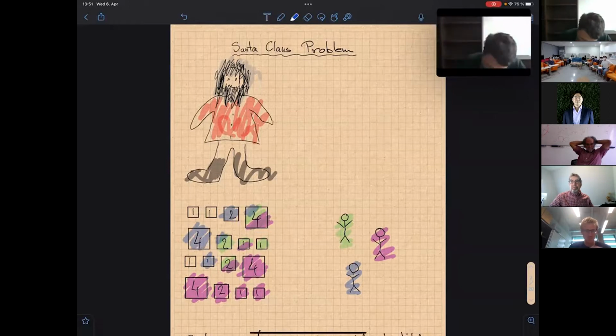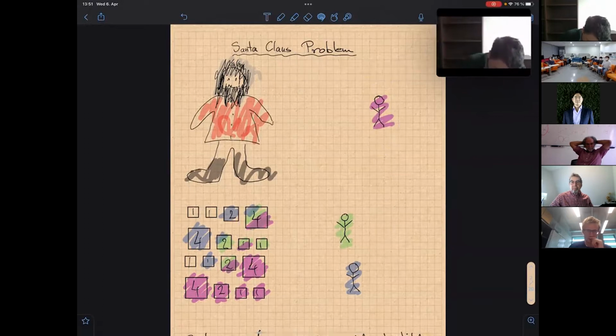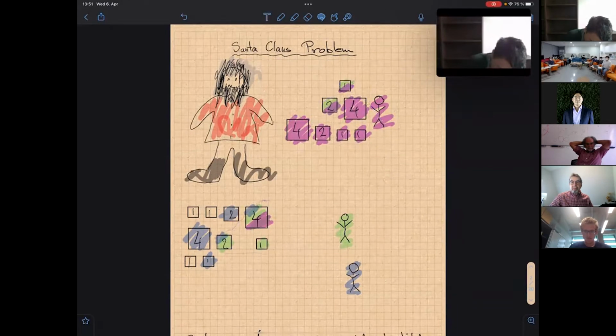And now Santa has to distribute them. This means these items are indivisible. So maybe he will assign this set of liked items to this child, and then this to this child, and